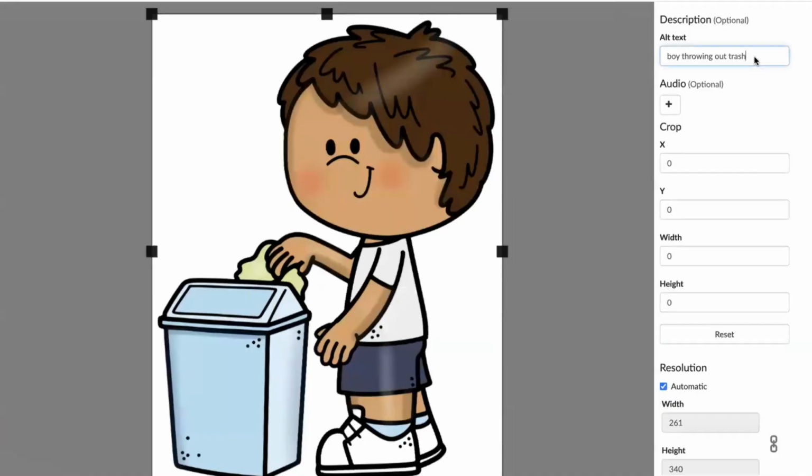And then the screen reader is going to automatically pull that alt text and say that out loud. I can also optionally add in my own audio. So if I wanted to record my own voice and not use the screen reader from your browser, which is also good for your students to hear your own voice, you can record right within BookWidgets. You can upload